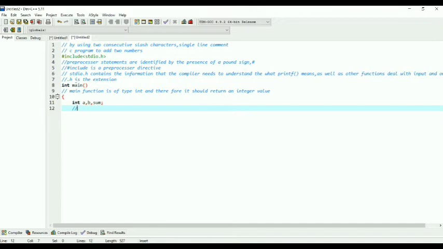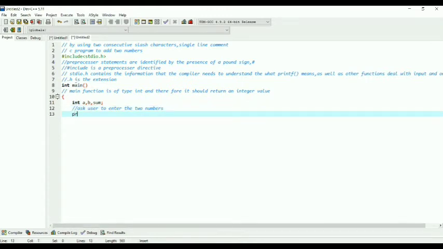So that's why we are giving: enter two numbers A and B. Ask the user to enter the two numbers. Okay, guys, in printf, enter the values of A and B.